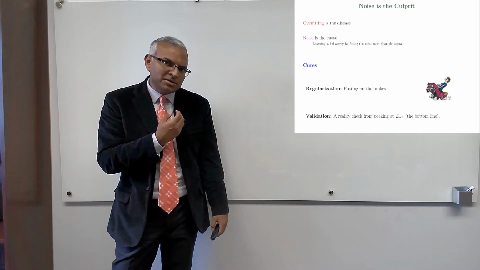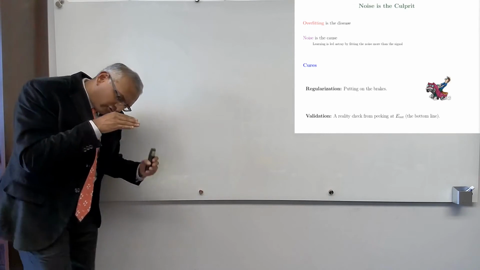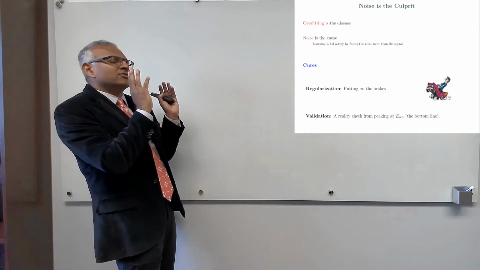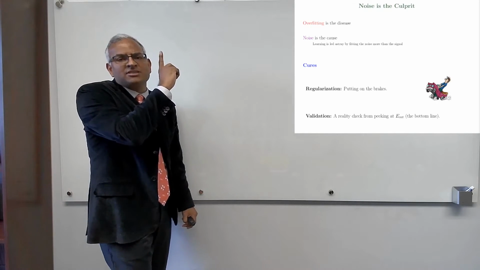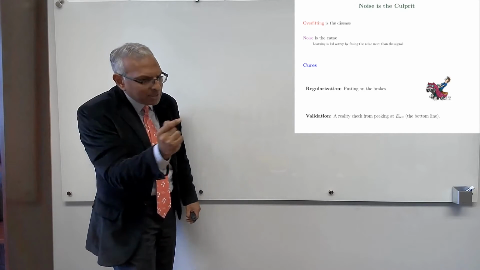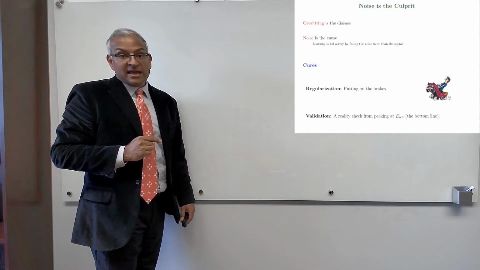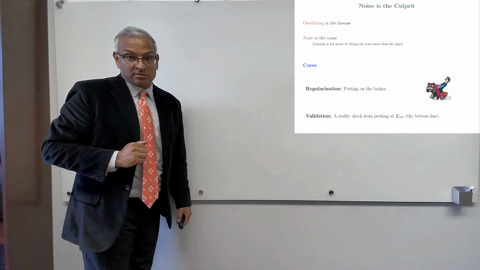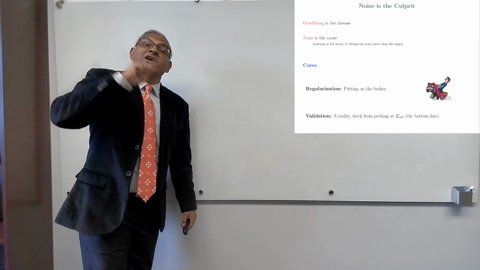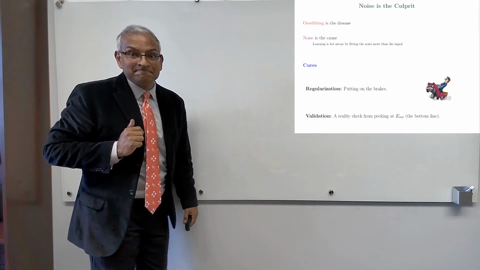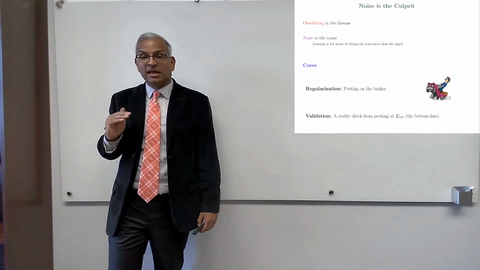And validation is similar in the sense that it's one of the tools that we have for combating overfitting, but it does it in a different way. You're fitting the data, and you're in some kind of bliss that everything is looking better and better. But validation comes and gives you a reality check by giving you a peek at the out-of-sample error. It says, buddy, you might think that you're getting better and better in-sample error, but your out-of-sample error is getting worse and worse. You are starting to overfit. You better backtrack. So regularization and validation are next.